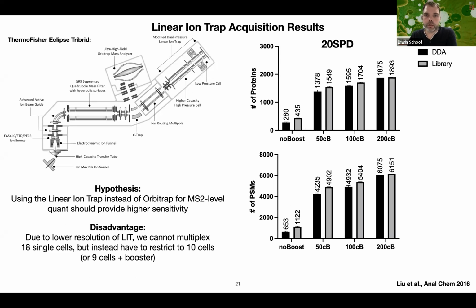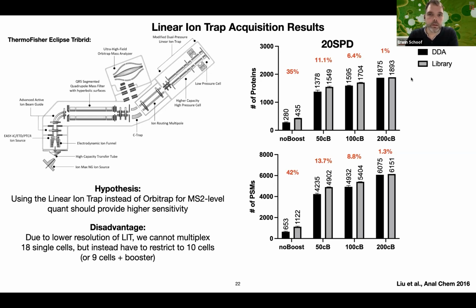If we then add the library, we're starting to really see some nice results, and I can quantify those. That on the booster-free sample, we're suddenly having 35% more proteins, 42% more peptides. And then even with 50-cell boosting, we're still having more than 10% increase just by researching the same data using a library compiled of all these runs. And we are again seeing this phenotype that as booster increases, the benefits of library-based searching decrease, but still very much are worth doing. So we are really now starting to approach the 2,000 proteins per cell,